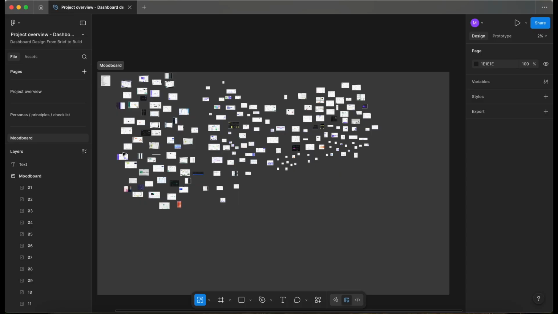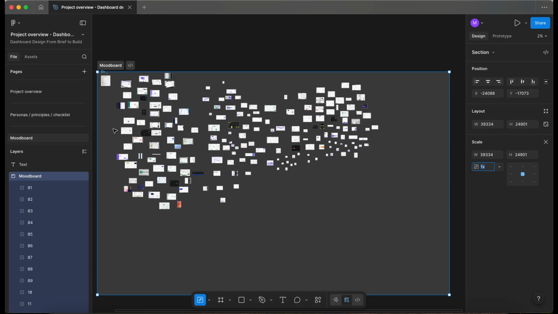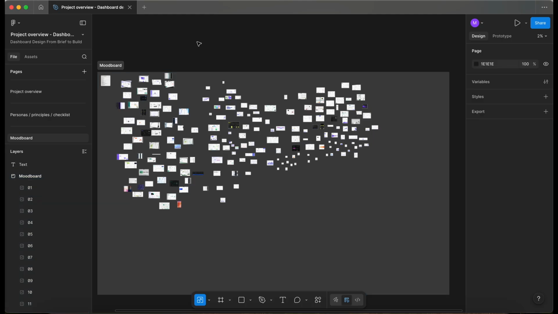Okay, welcome back to the file. As you can see, we're back on the mood board page. We've got lots of screenshots here on our mood board, so it's kind of chaotic at the moment and there's not really any structure. So what we want to do now is start clustering and curating all the screenshots that we've got. For this clustering exercise, we want to group similar